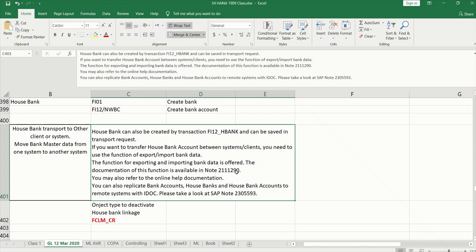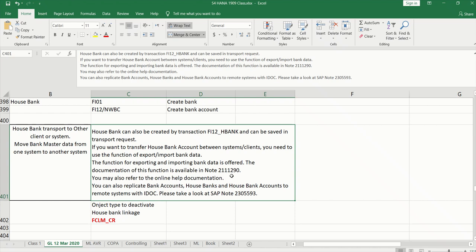We have a sequence of process steps to follow, like import and export, to transport the house bank. This SAP note gives you the detailed explanation of the procedure of house bank movement from one system to another system.